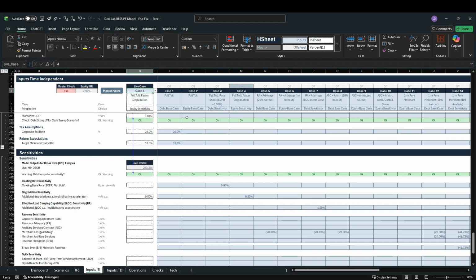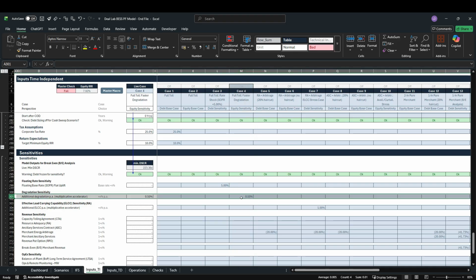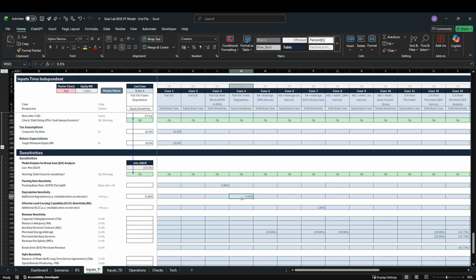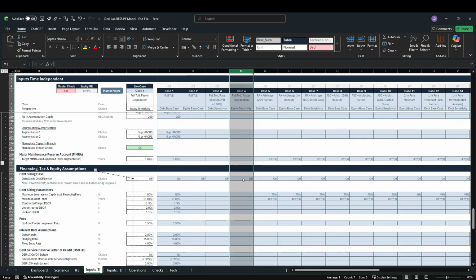So let's move on to case 4. And here we do have a degradation sensitivity already implemented in row 301. So let's practice again how we can get our hard-coded schedule. So we will delete the sensitivity for now, so that we ultimately can replicate our debt sizing case. We will turn our debt sizing on, execute our master macro,